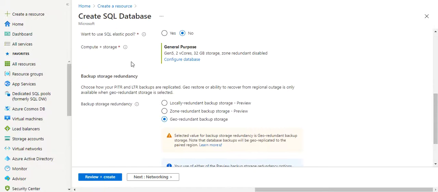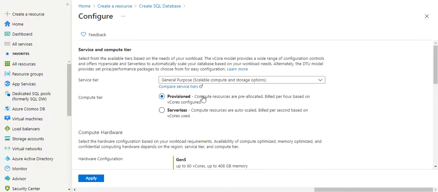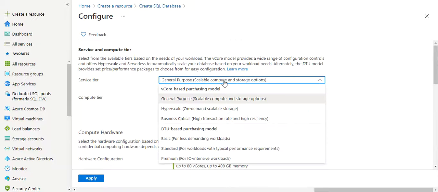The next option is the compute storage. Compute storage is a very important thing. Your database and server performance completely depend upon your compute storage size. So let's see what options are coming. Click here, configure the database. Open the drop down value. Here two types of models are coming, vCore model and DTU based model. I'm just selecting the basic because this is cheap, and this is just for demo purposes.